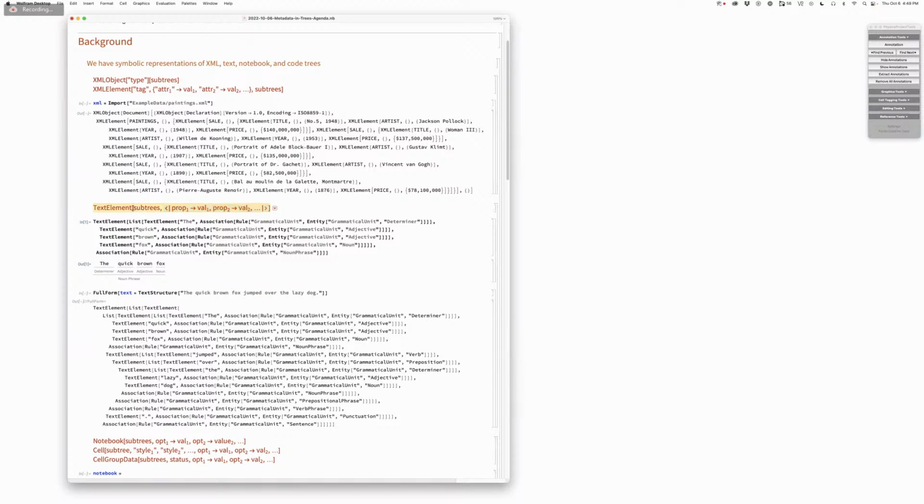Text element has only subtrees because its leaves are... No, wait a minute. You've written this the wrong way around. I think XML is that too. Basically, it's a tag because the element has names. Did you write this correctly? Yeah. It's subtrees until you get to the leaf node, where that subtrees is replaced by